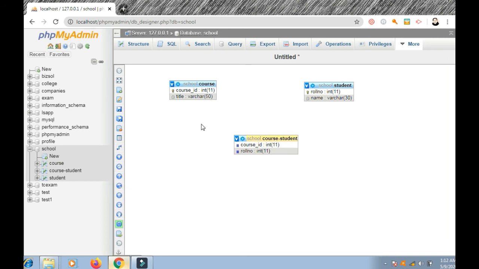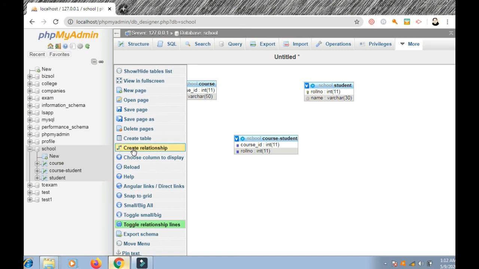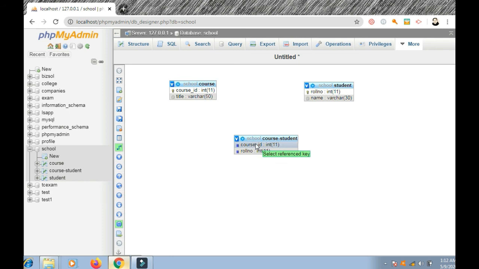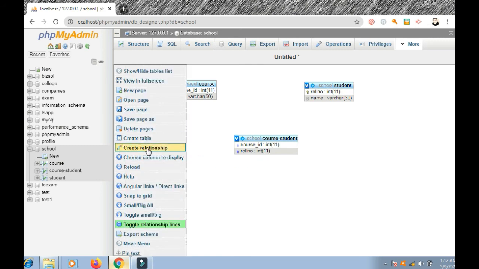Now I go to relationship, create relationship, and I choose course ID. So select foreign key. What is the foreign key? First select the primary key.